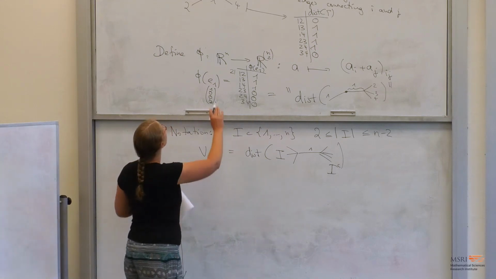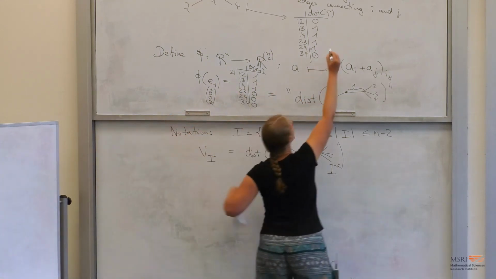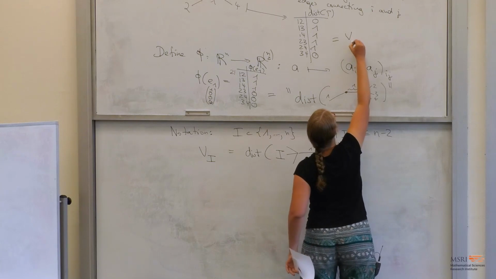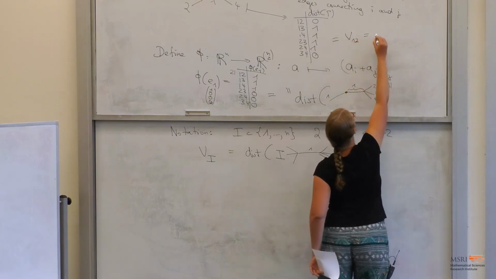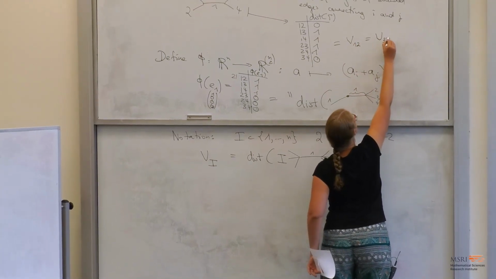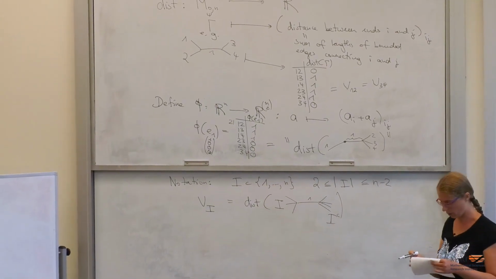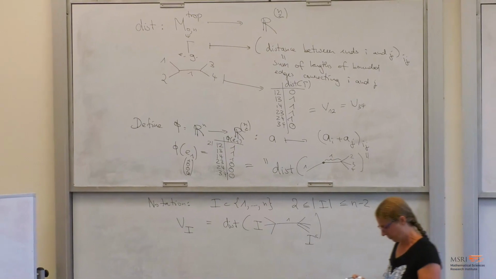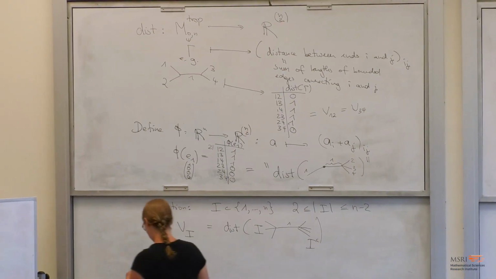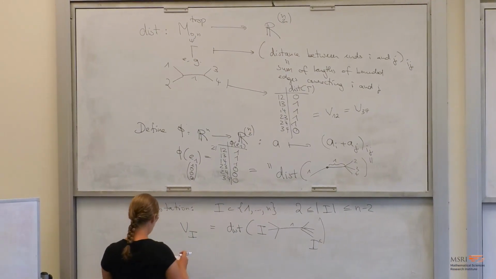Yeah, so for example, this thing I could call V12. I could also call it V34, of course, because it doesn't matter which I call I and which I call I complement. Okay, and then